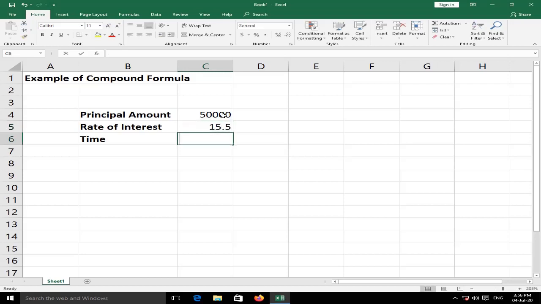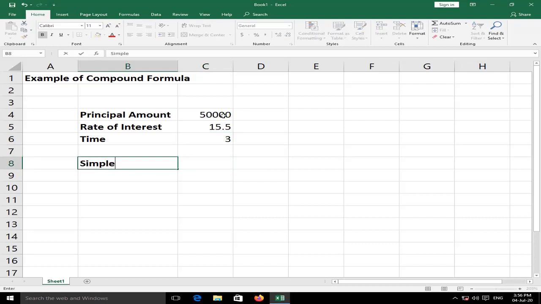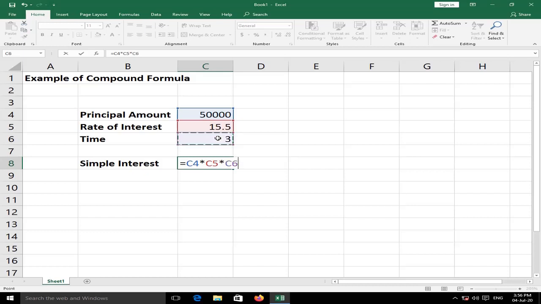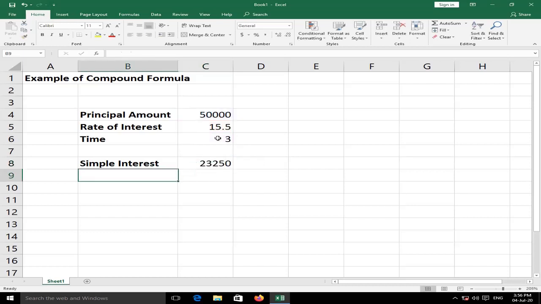Then suppose time is 3 years. Then what will be this SI? That is simple interest. Now what is the formula here? Equal, then principal amount multiply rate of interest multiply time, then divided by 100. So now this is the simple interest.